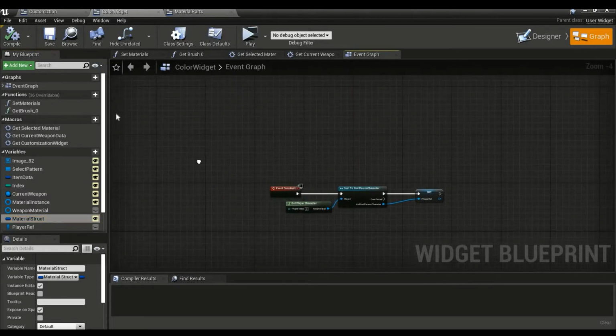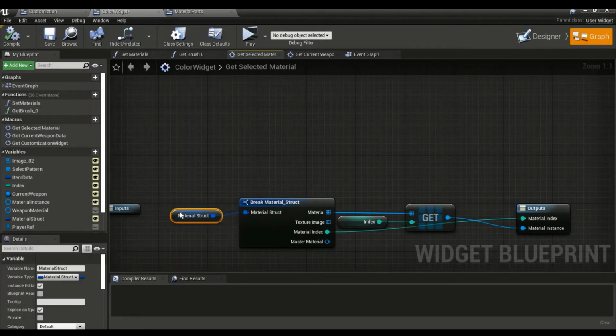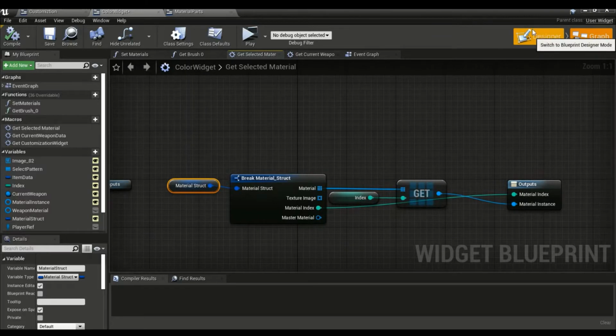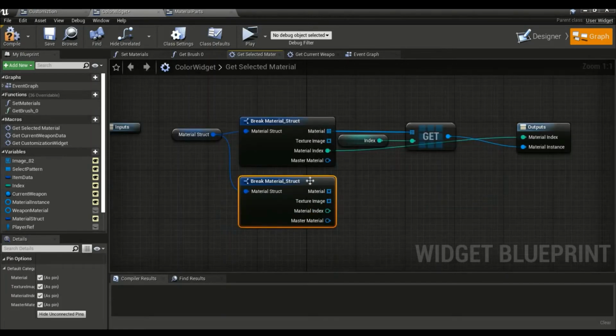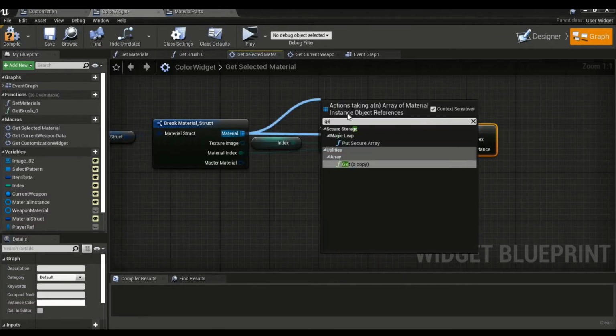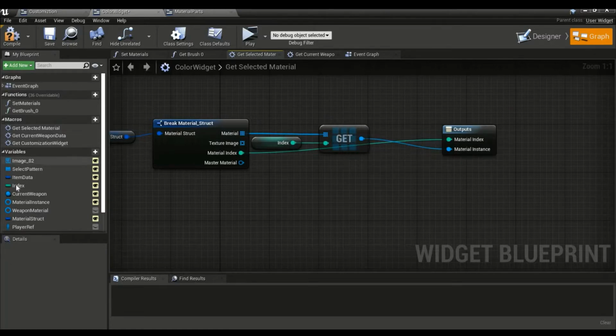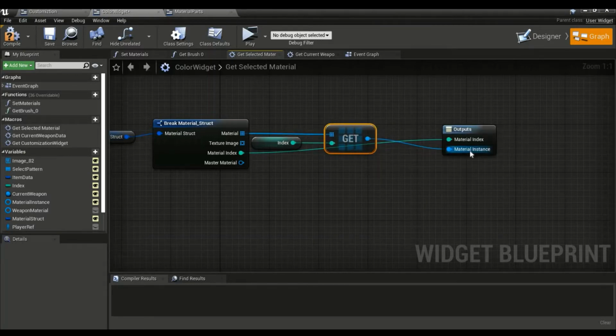Alright, now before we get out of here, we just want to get everything out of the way first. So when we come back, we could just go ahead and add our logic. So get selected material, and this is just going to get whichever material you select. So we're going to get the material struct, we're going to split it, so grab it out and break, and just drag out for get, and the material we're going to get is the current selected index. So whichever material is in that index, that's the one we're going to get, and we're just going to return it here. And our main material index,